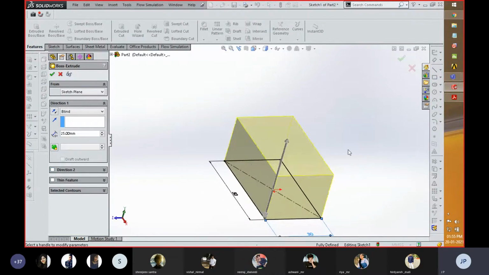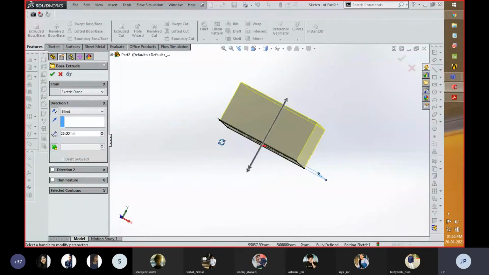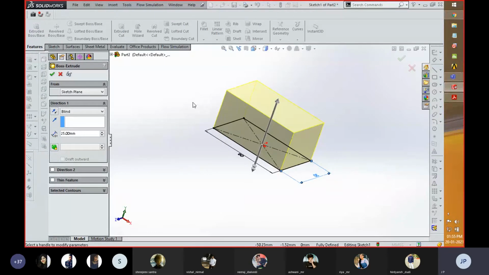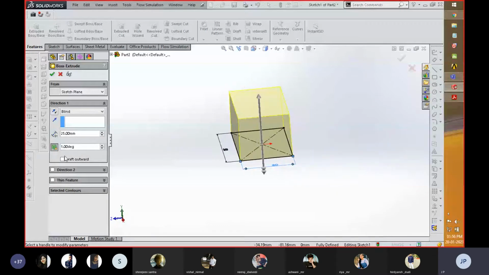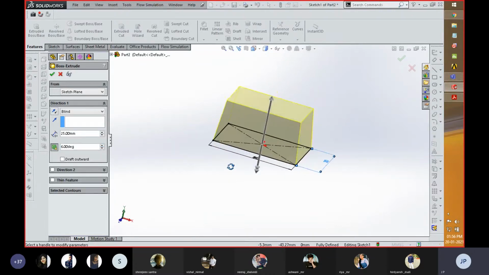Suppose you are creating a component which has a tapered end from its base to the top. Okay. For that, you can click on this draft tool, on and off. With respect to that, I am going to change the plane. If you increase this value, you can see that from the base the component is going to be drafted or slanted from each and every side. This is the advantage of the software, that if you want to draft the component from each and every side at the same instant, you can do so by increasing the value of drafting.